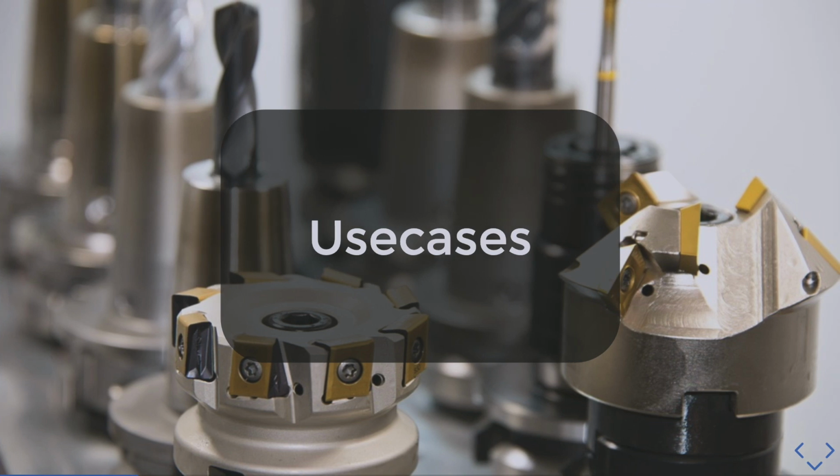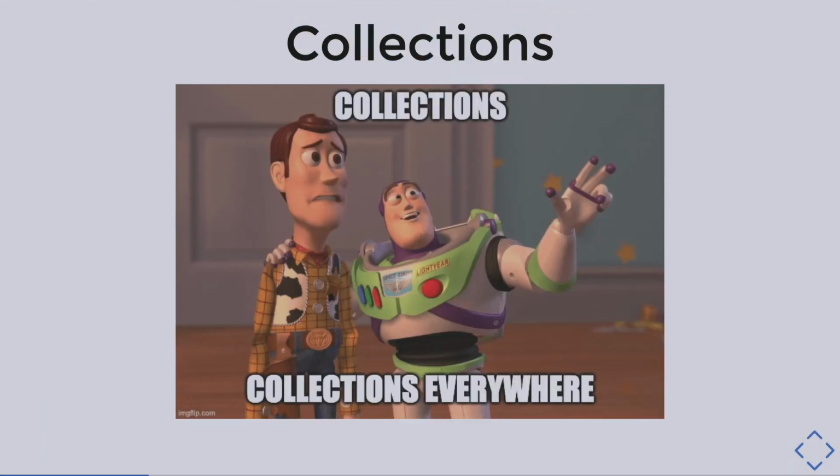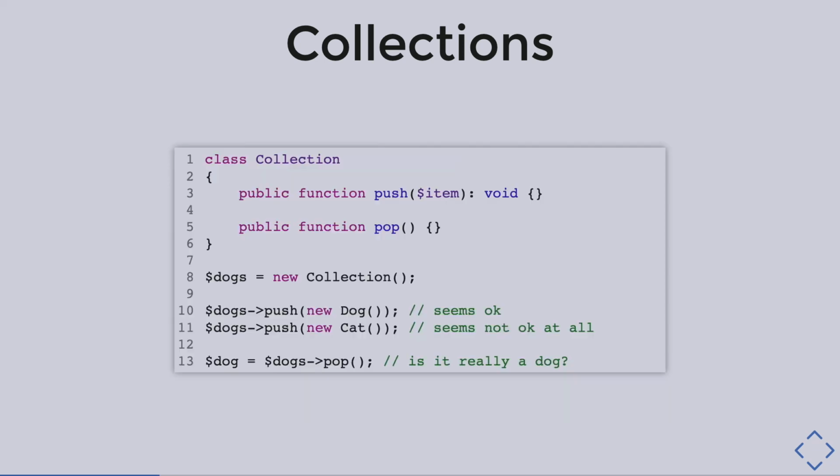Well, let's see the main use cases of generics. Of course, when we think about generics, we think about collections. This is already the main use case of using generics. To implement a collection, here is a PHP example, of course, we have several strategies. The first one is to write a very dumb and simple collection class without any type hint or anything related to the type. So, by instancing my collection, I will be able to push any kind of object and pop any kind of object. Here, this code could work, in fact, but